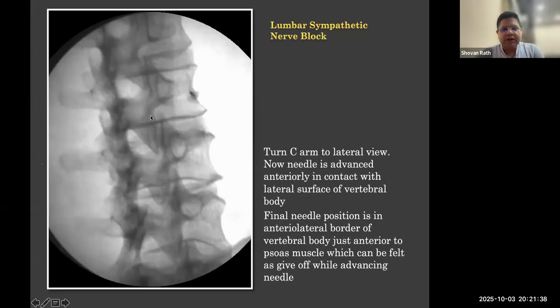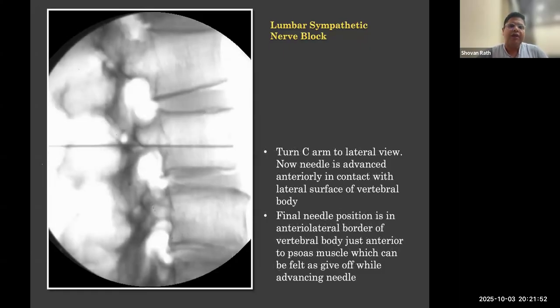Now after reaching at this point, what we can do is we can make it a lateral tilt, turn this image to lateral view. Now the needle is advanced anteriorly in contact with the lateral surface of the vertebral body. You have to go and touch the vertebral body, then you make it lateral. Now, once you see, this is on a lateral view. So your needle is almost touching the vertebral body, and it is also on the anterolateral aspect of,